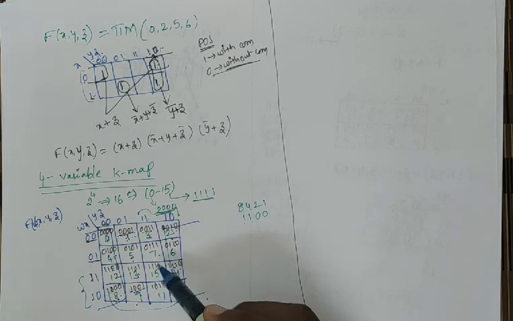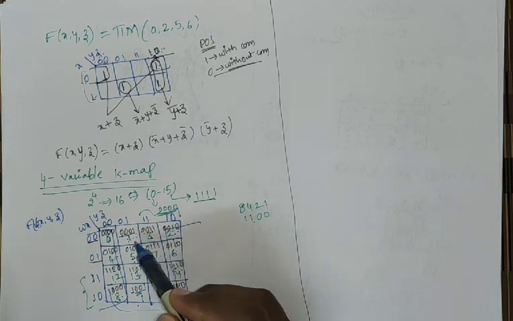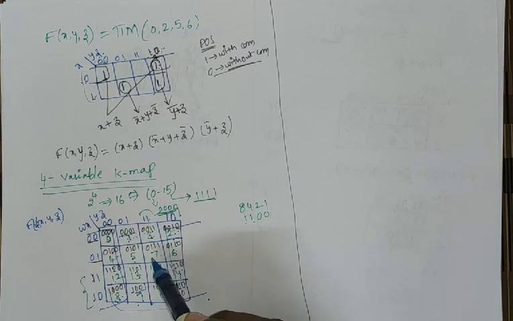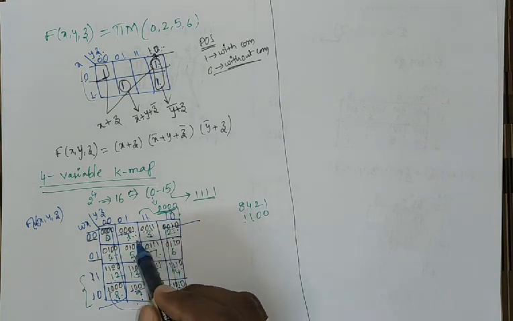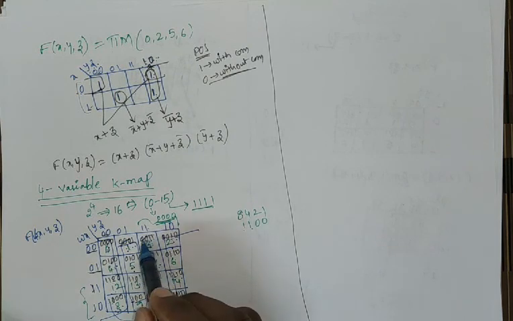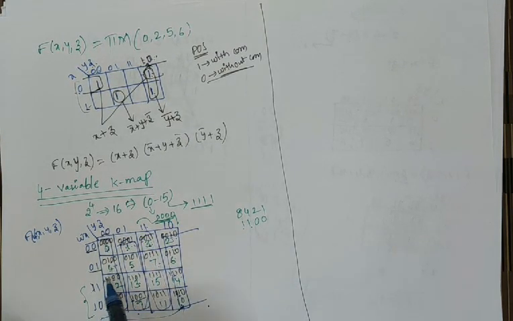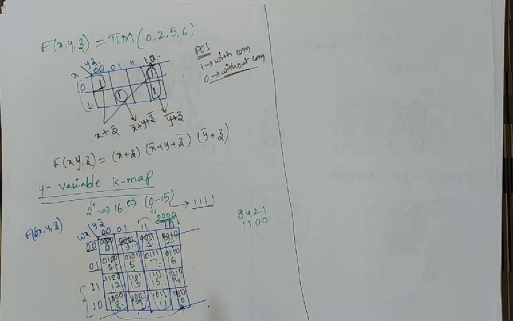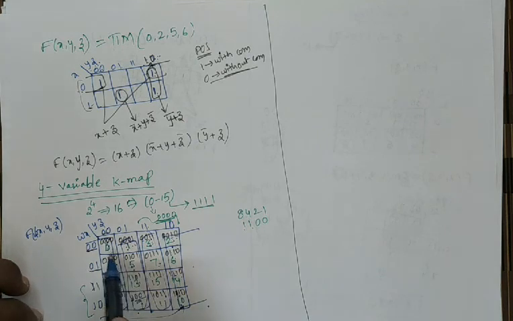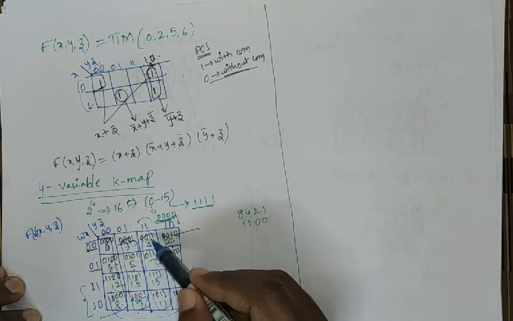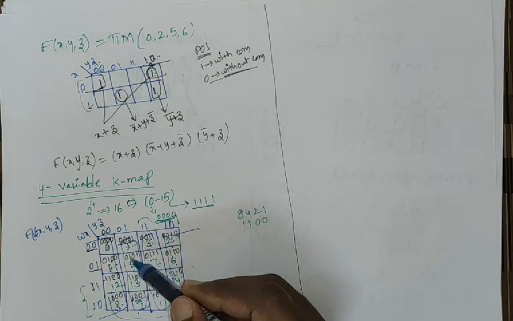So for the entire row, the columns are adjacent to each other. 1 is adjacent to 3, 3 is adjacent to 1. Like the same, 7 is adjacent to 3, 3 is adjacent to 7. So according to that, this entire column is adjacent to this column, and this one is adjacent to this one. Okay, these two rows are adjacent to each other, and these two columns are adjacent to each other. Like the same, 0 is adjacent to 4, 1 is adjacent to 5, 3 is adjacent to 7, 2 is adjacent to 6, 6 is adjacent to 2, 7 is adjacent to 3, 5 is adjacent to 1, 4 is adjacent to 0.